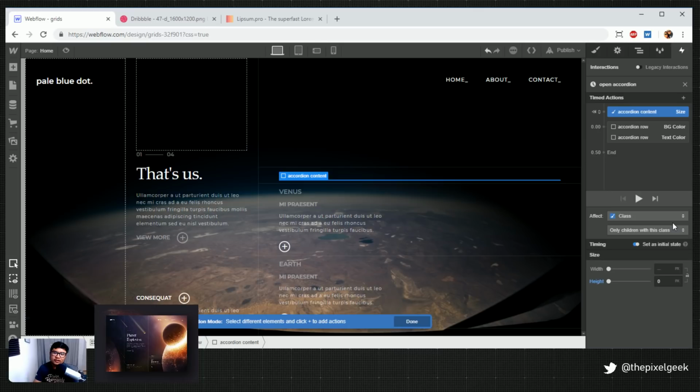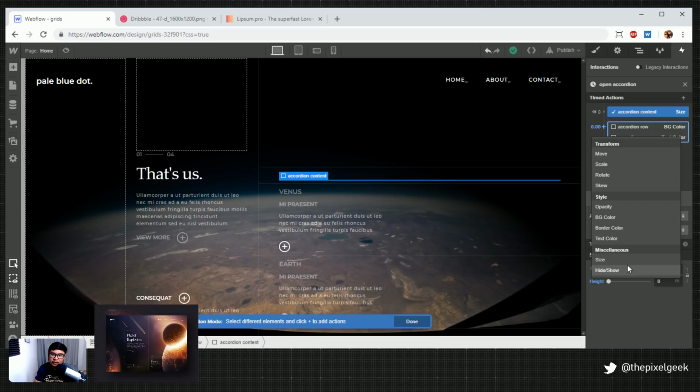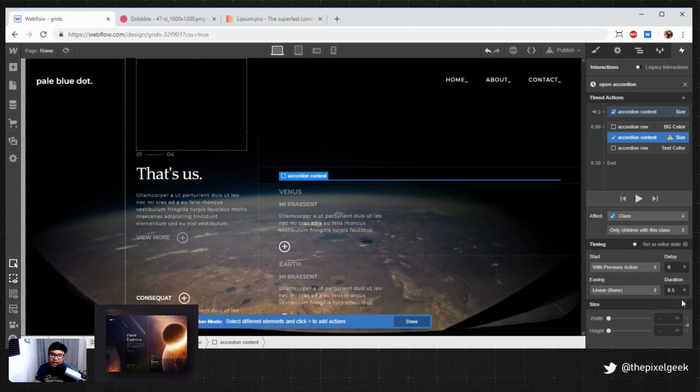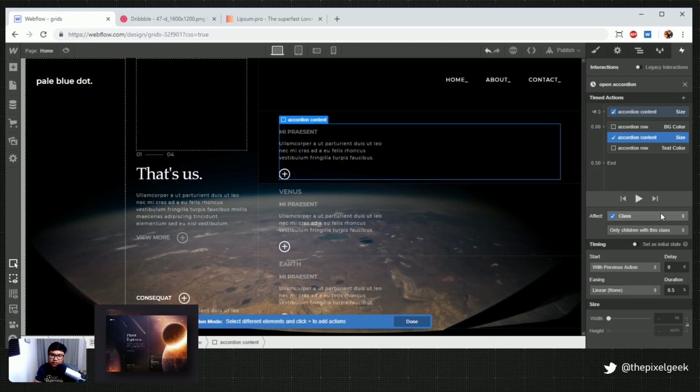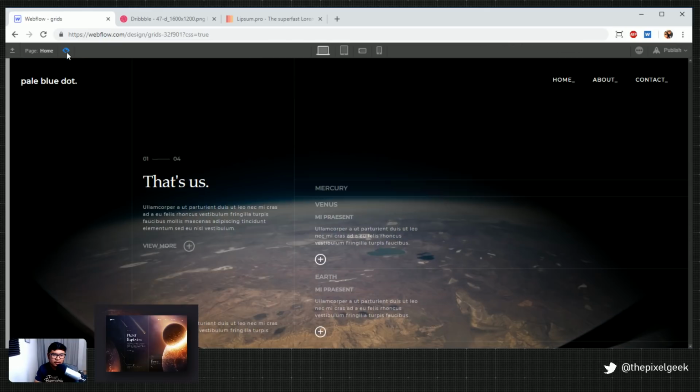This is a child of accordion row, so only affect the child. And when I click, I want the size to be auto. And boom. Okay. So let's check it out.